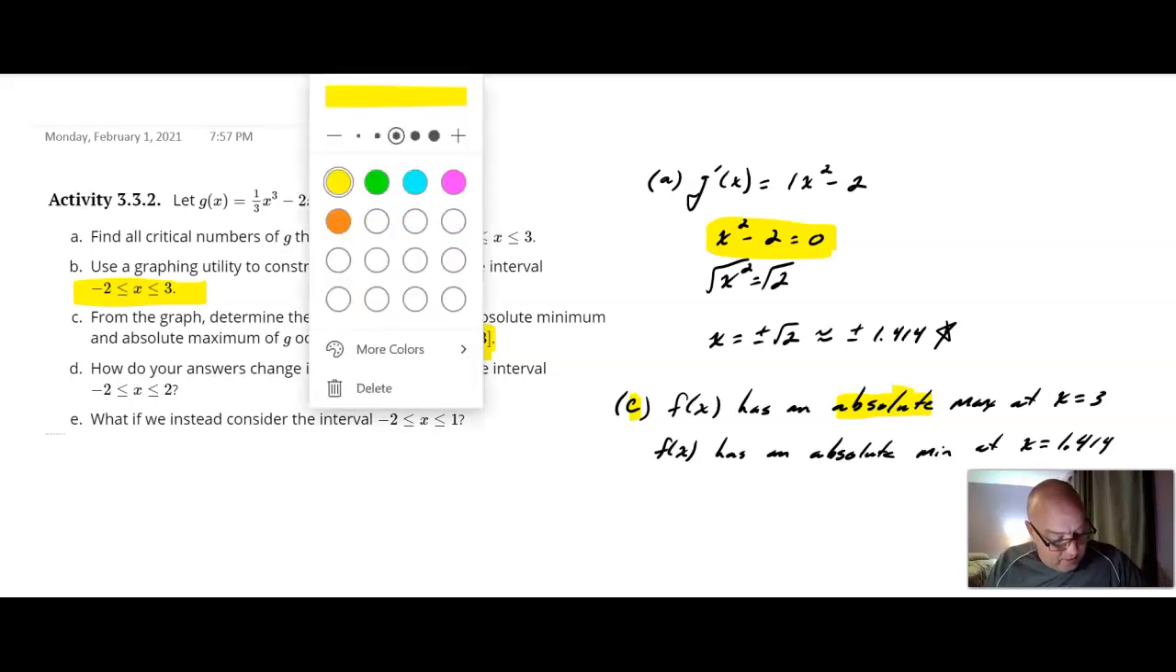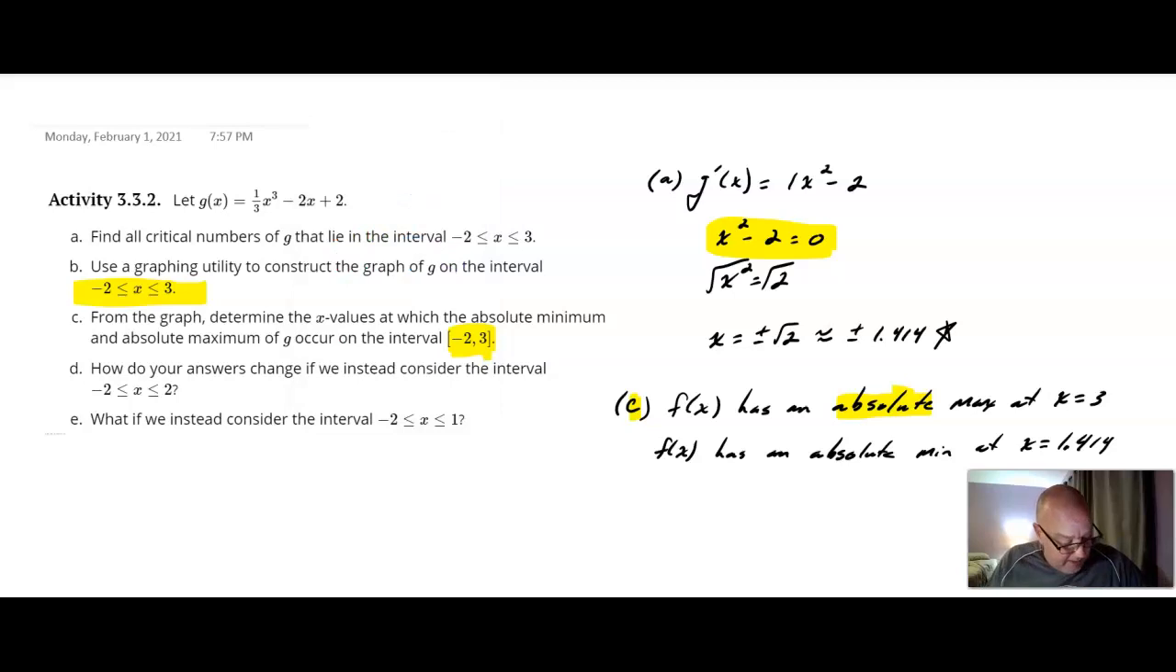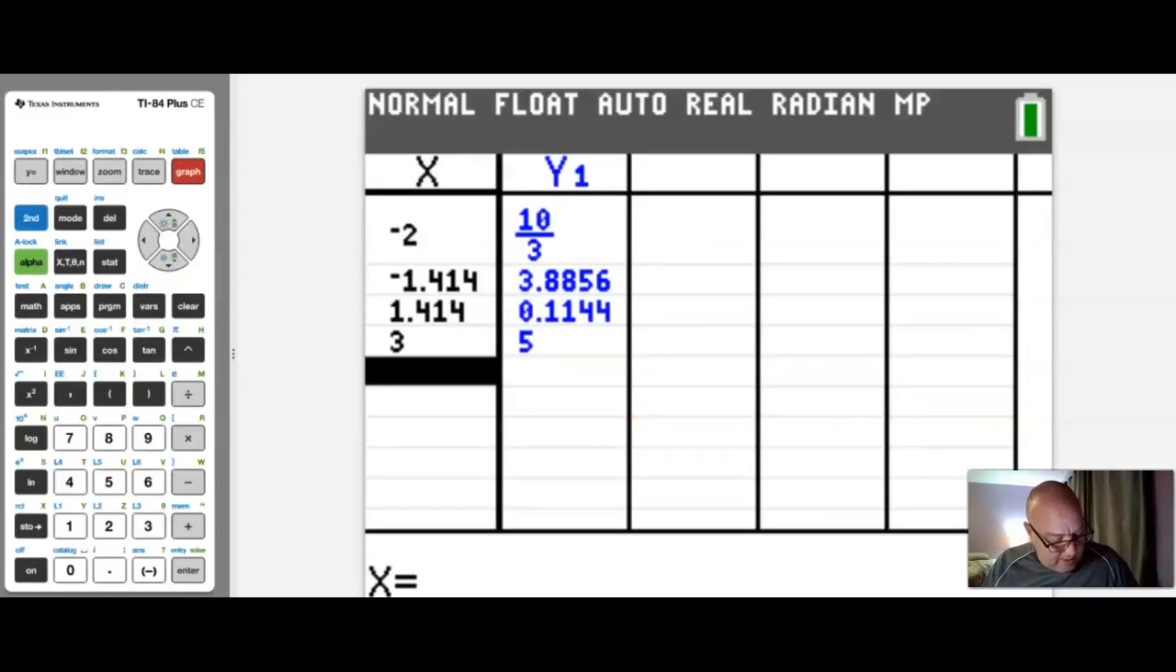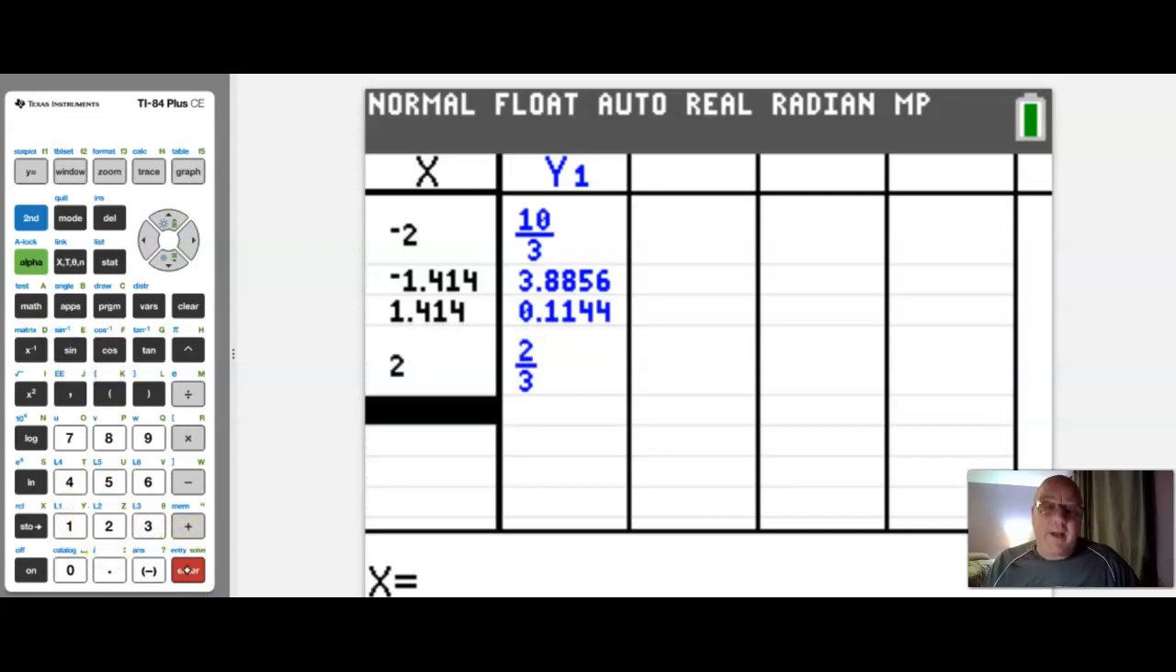Now things get interesting because now the author of the book, Matt Bolkin, says, well, how do your answers change if we consider the interval -2 to 2? So let's go back to our calculator and our table of values. We're no longer going -2 to 3. We're only going -2 to 2. Well, look at that. Now, at x equals 2, this output is only 2/3. So now the maximum occurs at